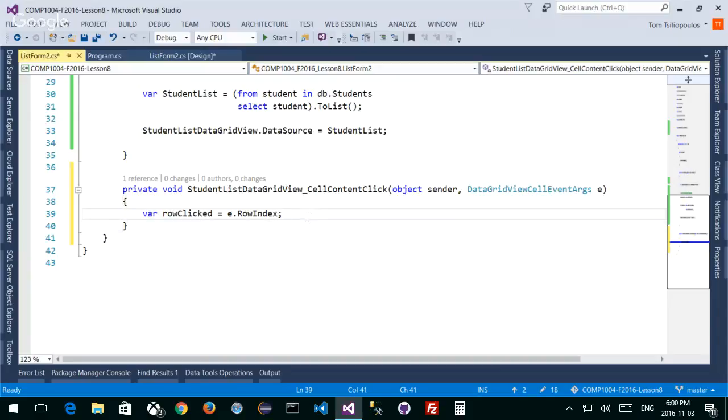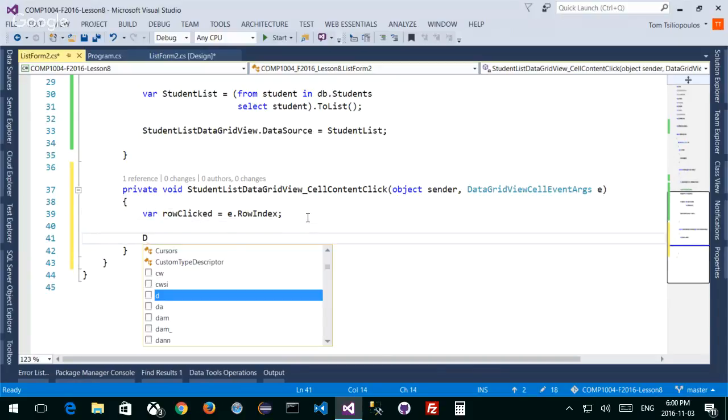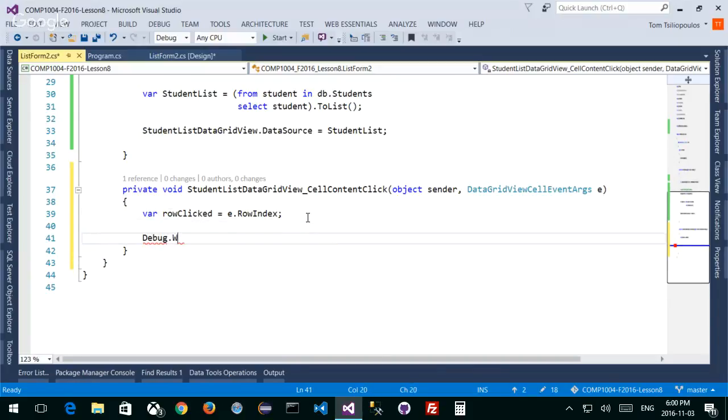And if I was to display that by using Debug.WriteLine, we've done this lots of times, I put in the row clicked. What's the row clicked that I got in there? Remember, if you don't have this, it means that you need to use Control dot to add in using System.Diagnostics. We've done this before too, where now we have that class to do this thing. And if I press on play,